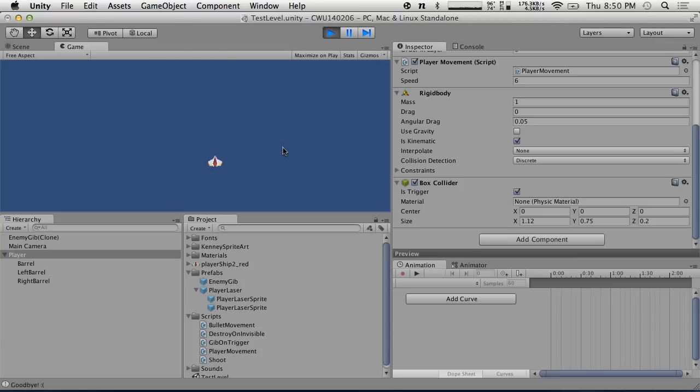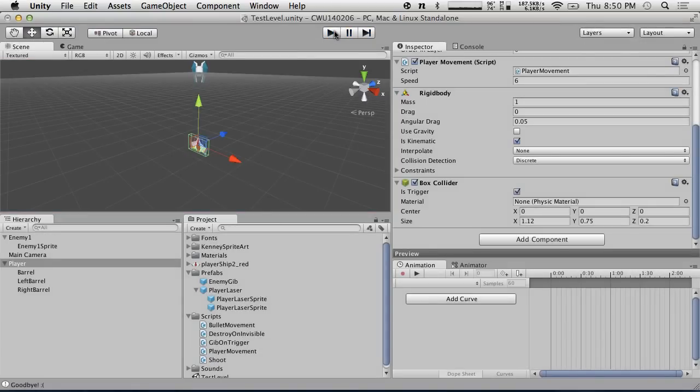So now I can run into the guy and he'll die, which is actually not what we want. We actually want to run into the guy and die ourselves. And so